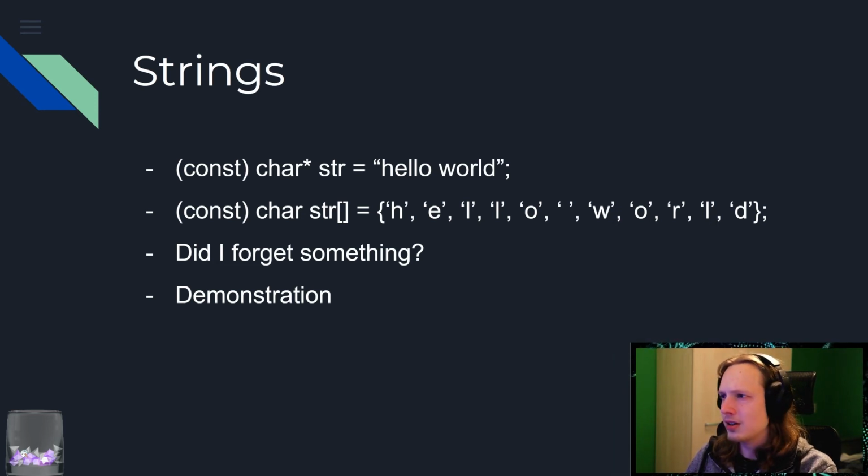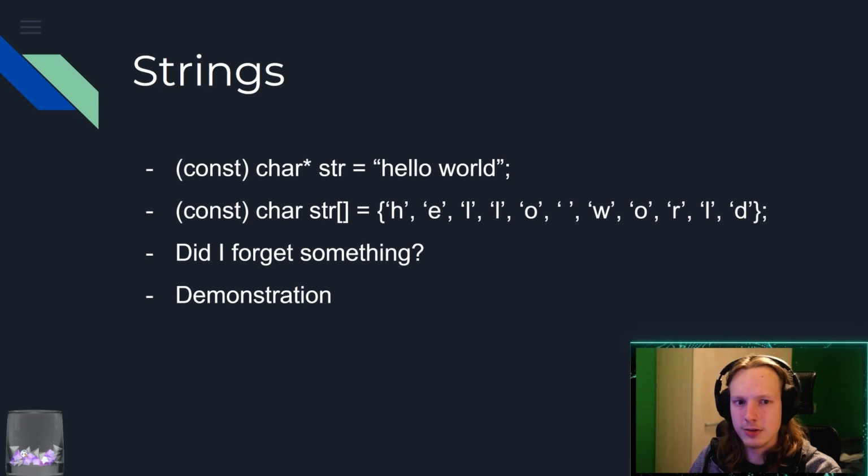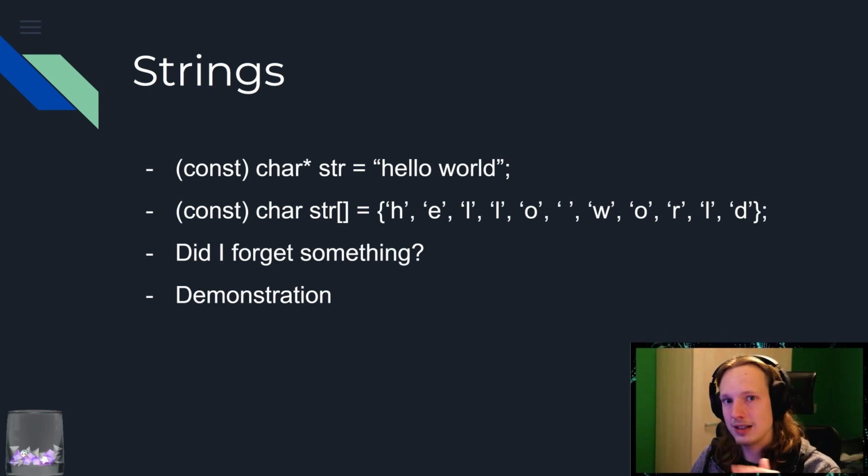So if I were to call the top line here, const or not const, doesn't really matter, char pointer string is just some array of characters. That's why it's also a char pointer, because it's just some array that you are assigning. And that's just the default string literal. You can put that in there and it will construct a little array of characters that represent hello world, and it will put that in that pointer.